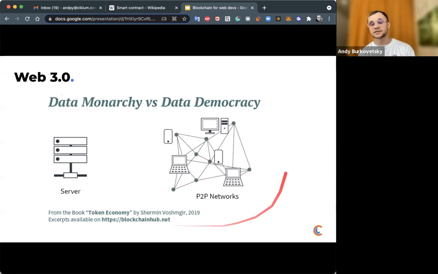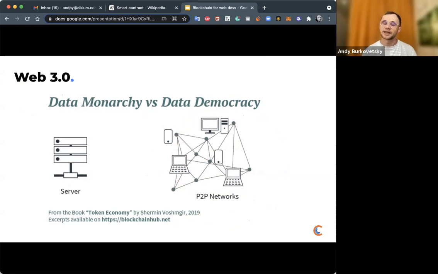And this network can be seen as a separate network for each blockchain. So if we have Ethereum, it will be one network. If we have Solana or Binance network, it's separate. Bitcoin is a separate network. But currently, there's a lot of work to make cross-chain applications, some bridges between these networks.